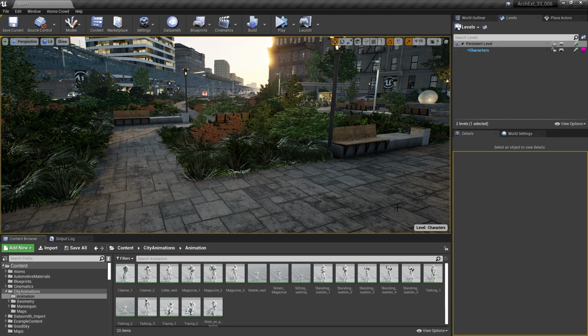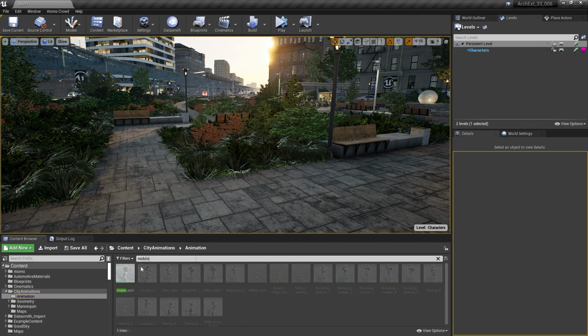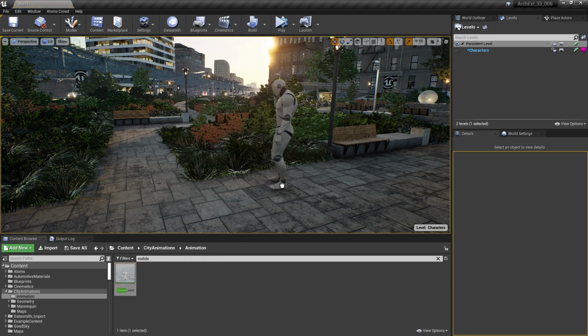And that's easily done simply by dragging a character into the scene. So let's compose a shot here. I want to have two characters talking to each other and enjoying the late evening sun, and then we'll create a camera, and then we can obviously animate that camera inside of a sequence afterwards. So let's go ahead and drop our characters in. I've downloaded some simple animations here. The first one I'm going to use is called Mobile Wait, and we'll just go ahead and drag him into the scene there. And then the second animation I'm going to use is called Talking,